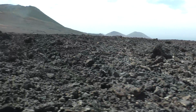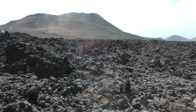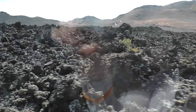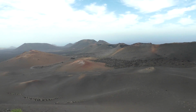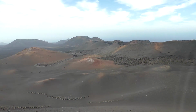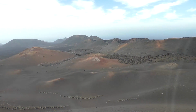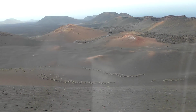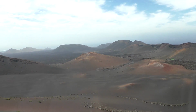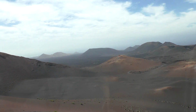The Timanfaya eruptions belong to the fissure category, which means an enormous fissure several kilometers long opens up. Located at the base of the Macizo del Fuego is a laboratory which registers volcanic movement in Timanfaya. Seismic activity is monitored round the clock in this observatory, as well as deformation of the surface and thermal and